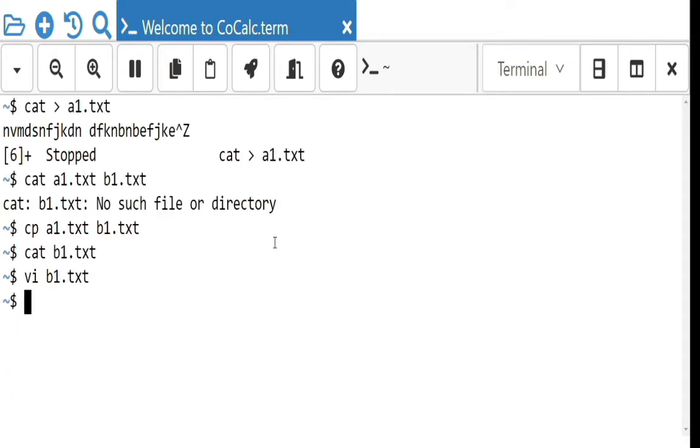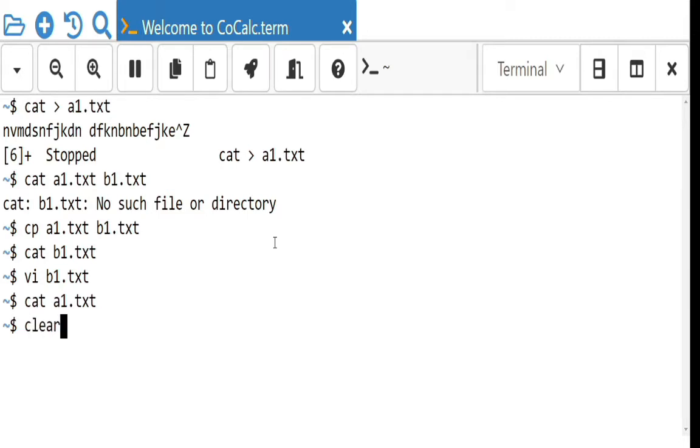Only the file gets copied, because already with the cat command nothing was there, since the cat command deletes all the contents. So in a1.txt nothing is there, that's why b1.txt does not contain anything.